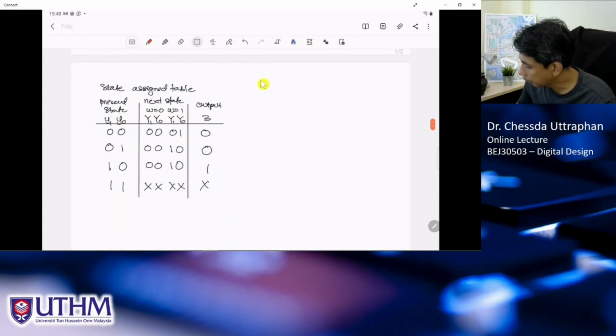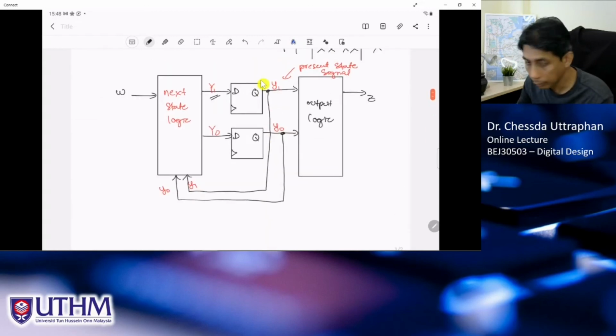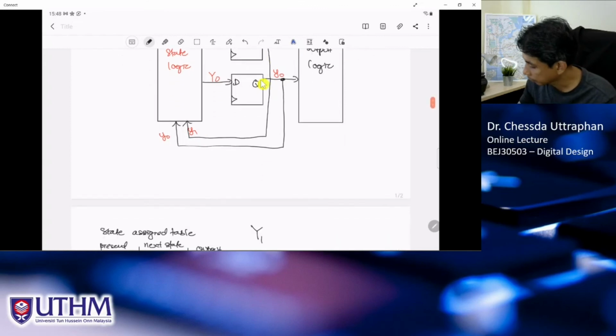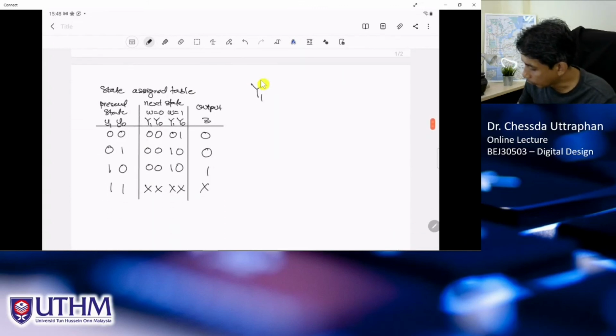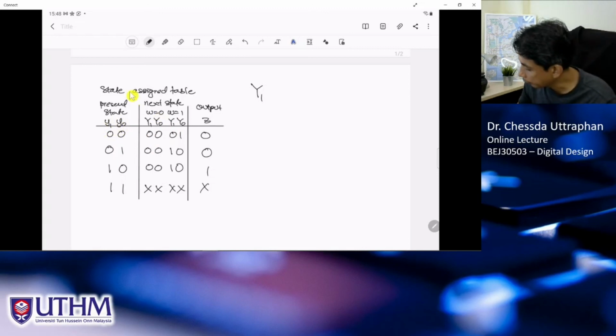So we try to create capital Y1 first, means that this one, we want to get this one first, and the input is this. Yeah, we want to get this one or this one, and the input is of course these two and also W. So we can have the K-map